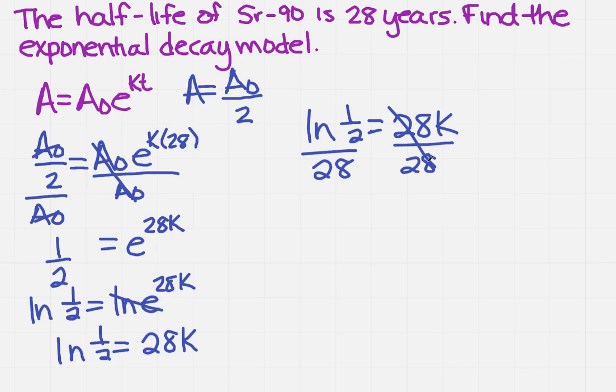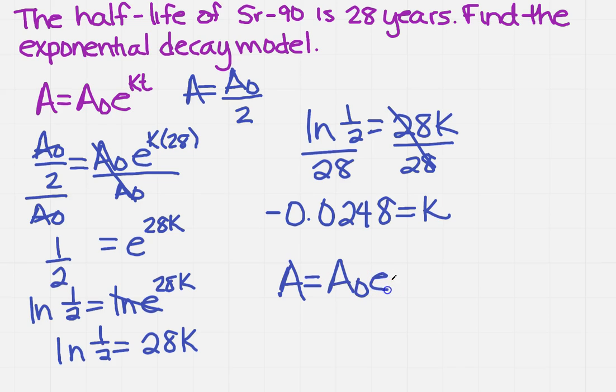And when it comes out, I get negative 0.0248. So that's going to be my k. So if I were to rewrite this model, I would get A equals A naught e to the negative 0.0248